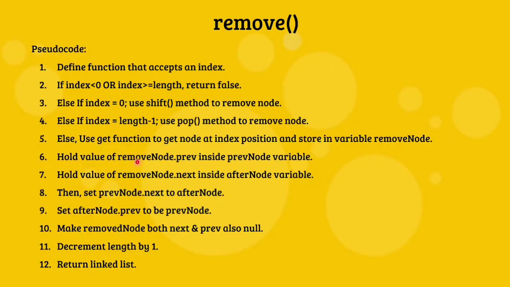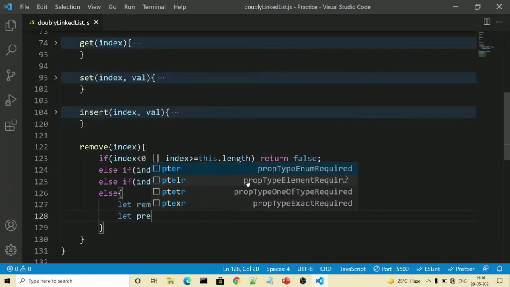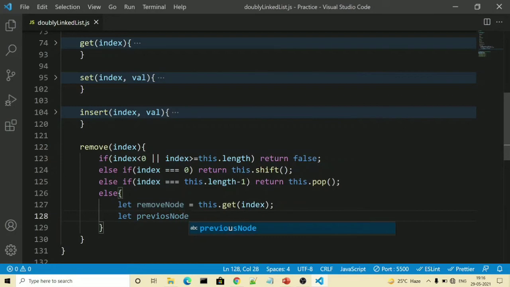Then hold value of remove node dot previous inside previous node variable and remove node dot next inside after node variable. So same way we will also do, let previous node is equal to remove node dot previous, and then after node is equal to remove node dot next.